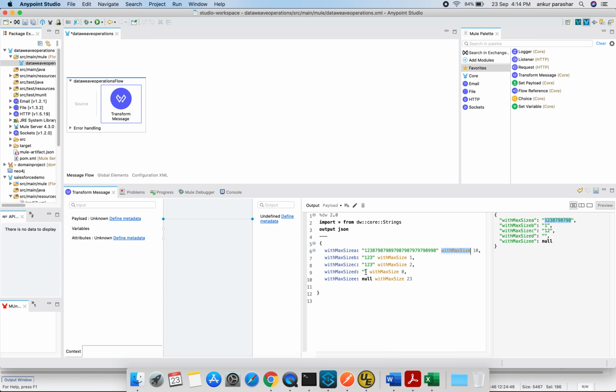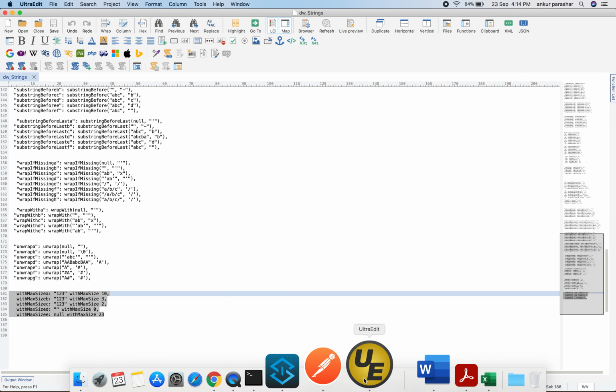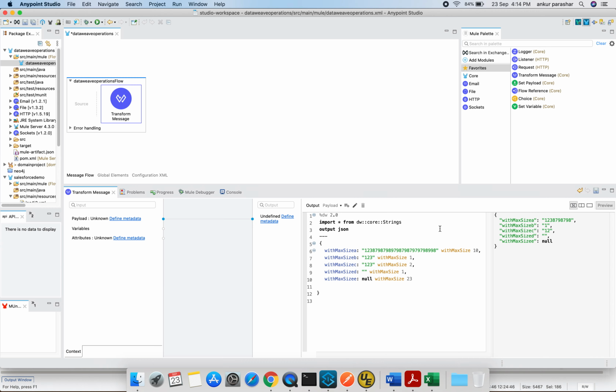If it is an empty string and we are trying to put a maximum size of 0, then of course the result will be an empty string only. Because what we are trying to put is empty, it doesn't matter what the size is over there. I think with this we have covered pretty much all the functions available within the core string class of